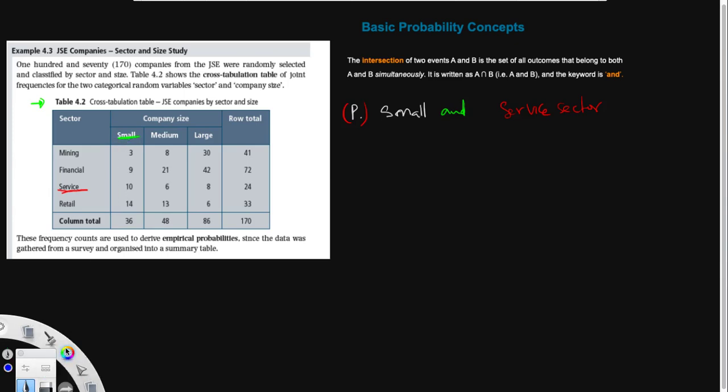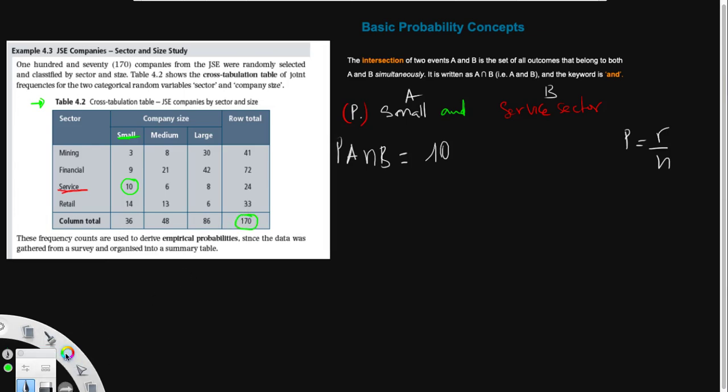So we can see now the intersection of A and B here, like this. Let's say this is my A and this is my B. Therefore, my intersection of A and B is equal to 10. And if you're wondering where the 10 came from, the 10 is coming from here. And from our equation, we know that P is equal to R over N. R is the number of outcomes and N is the total. So the number of outcomes is 10, it happens 10 times that we have a small company under the service sector, and our total here is what? Is this one here,